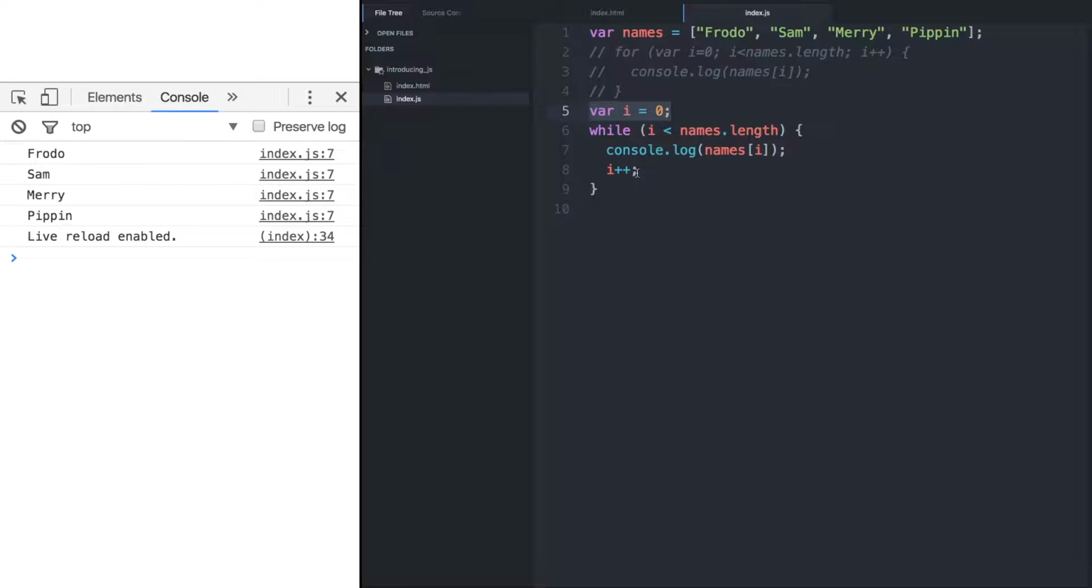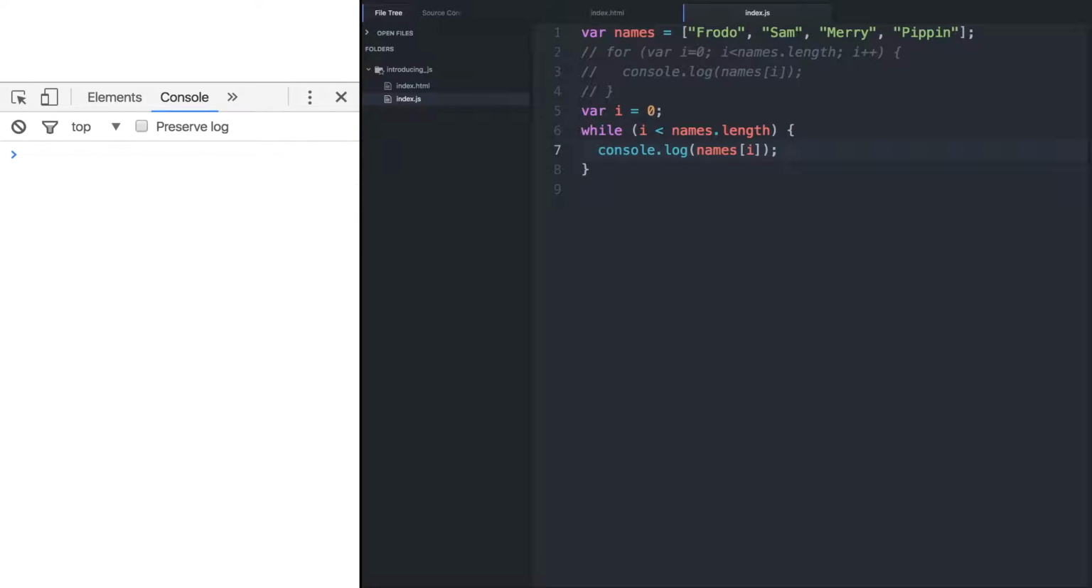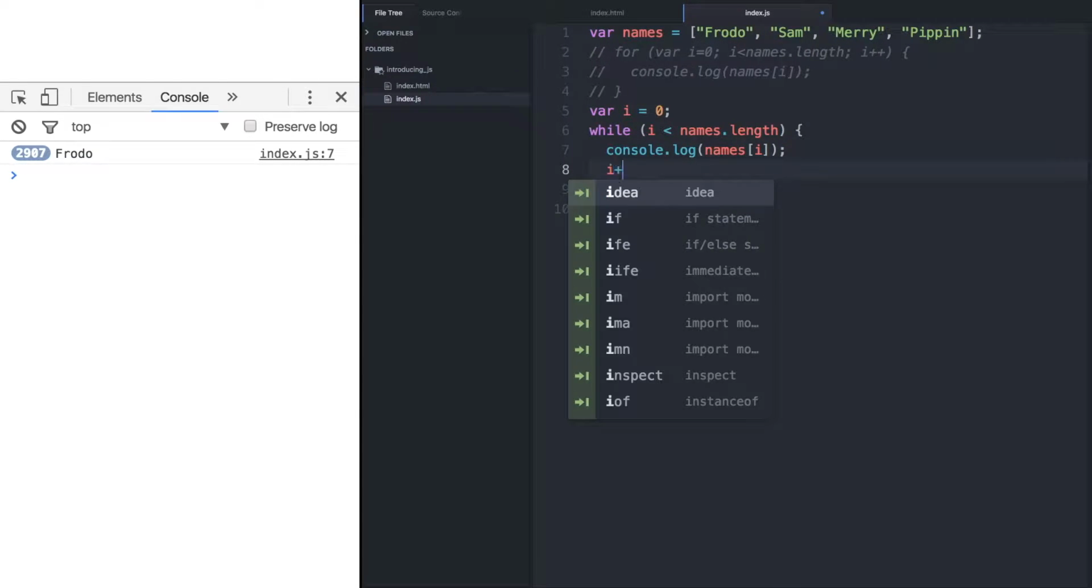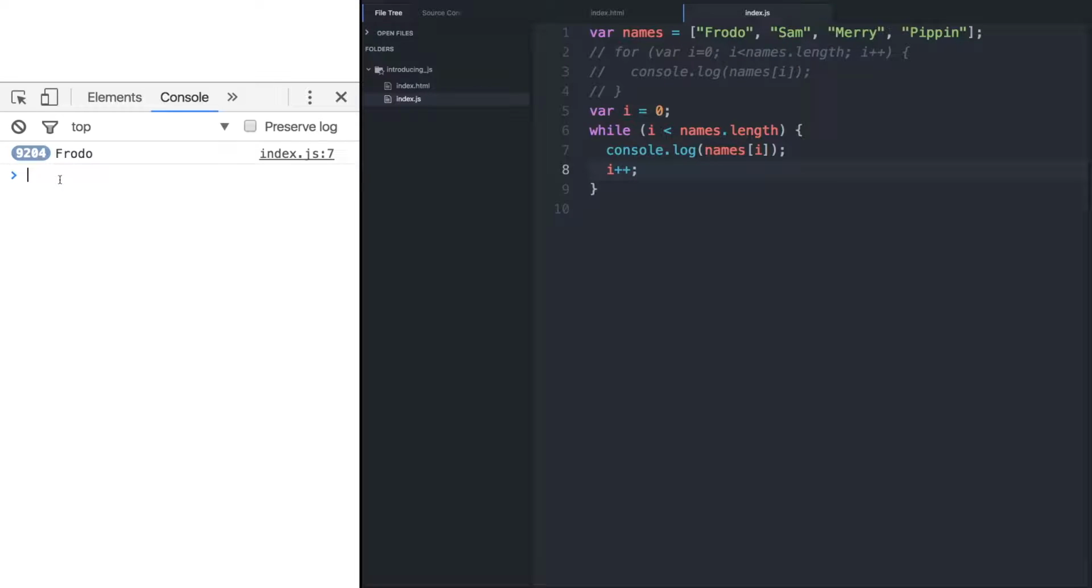Now, what would happen if we removed the increment? Suddenly, we see Frodo logging over and over again in our console because the value of i never changes. We call this an infinite loop because it never stops and the limit is never met. Now I'm going to go ahead and fix this right away, and you'll notice that I don't even have access to this console. I can't even type anymore, which just goes to show you how dangerous an infinite loop is